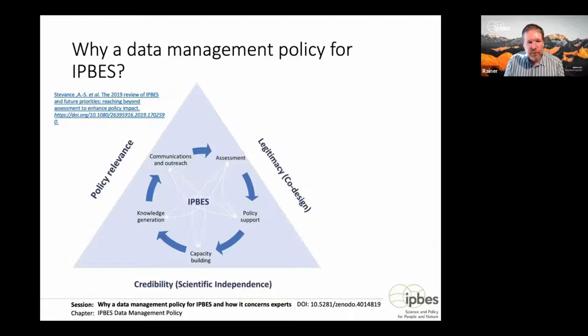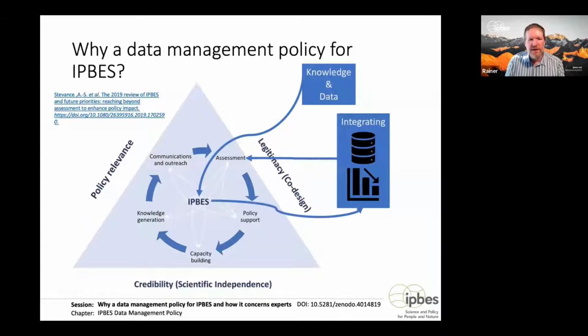And this is the point where the data management policy is coming in, because IPBES is using existing knowledge and data, which is then integrated to generate new information and data which is used in the assessments.